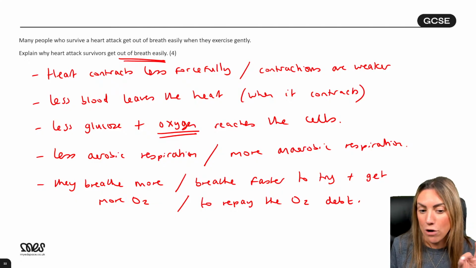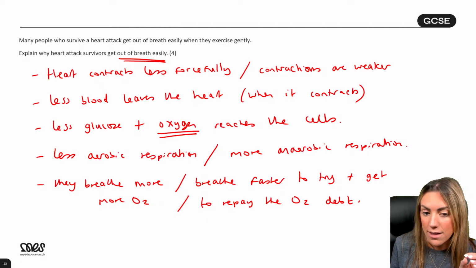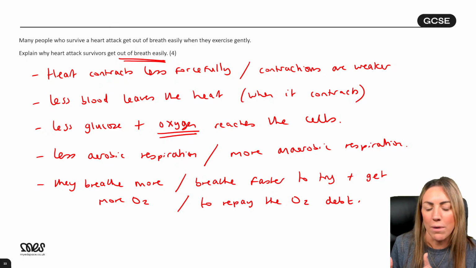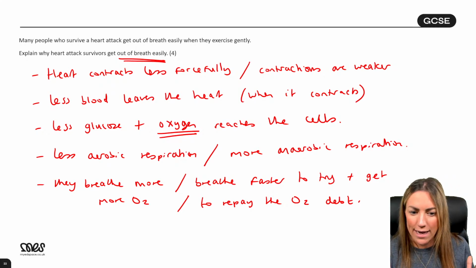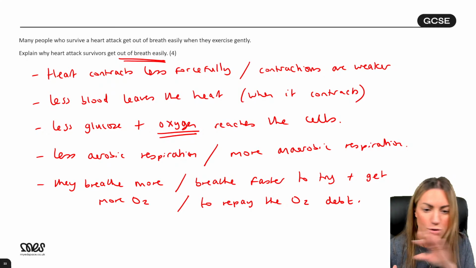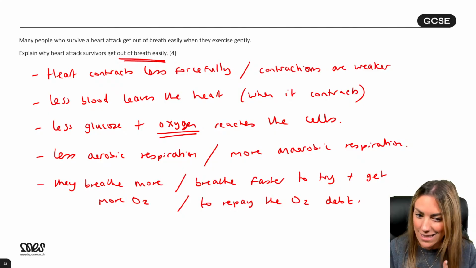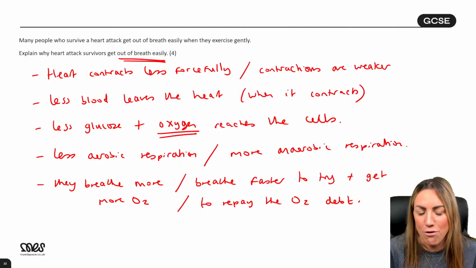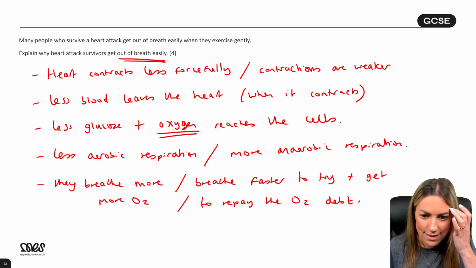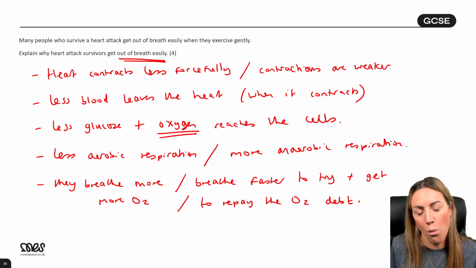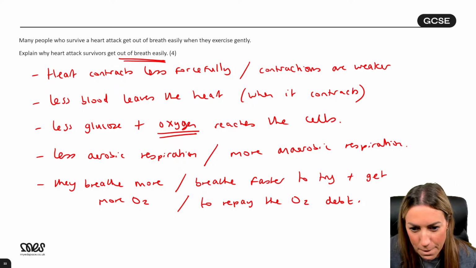But remember, aerobic uses oxygen and it makes water and carbon dioxide, whereas anaerobic in animals uses no oxygen and it makes lactic acid, and lactic acid has to be broken down, right? And that requires oxygen to break down the lactic acid, which is what we refer to as the oxygen debt. Okay.